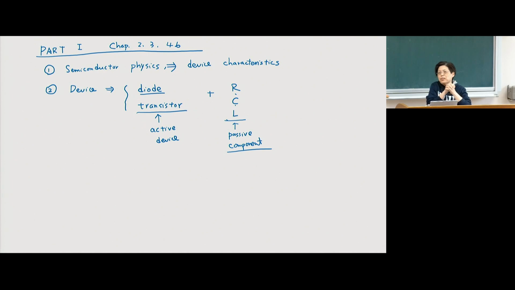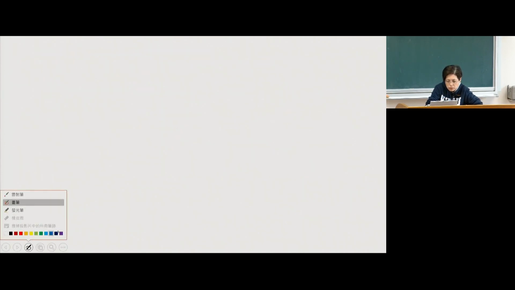If you're ever in the stock market, you know that they talk about the passive component sector. They're actually making passive components. So that's the LRC components in integrated circuits. Even though we call them passive components, they're also very critical in electronic systems. So you combine those, and then we can make circuits. Okay, so that's part 1.